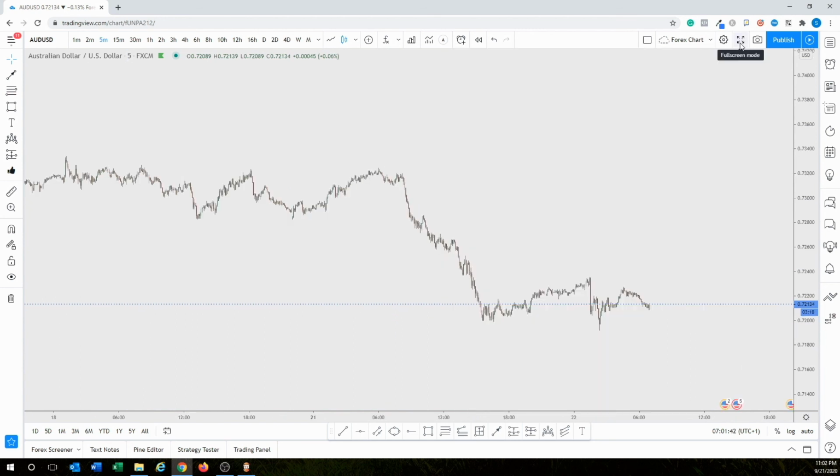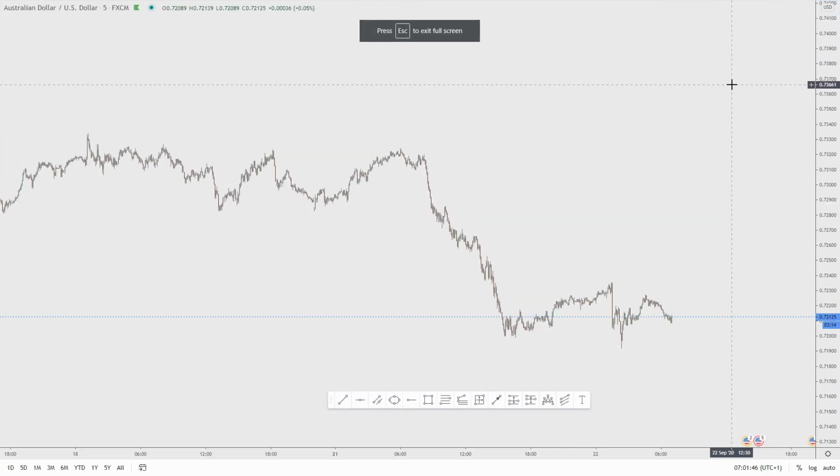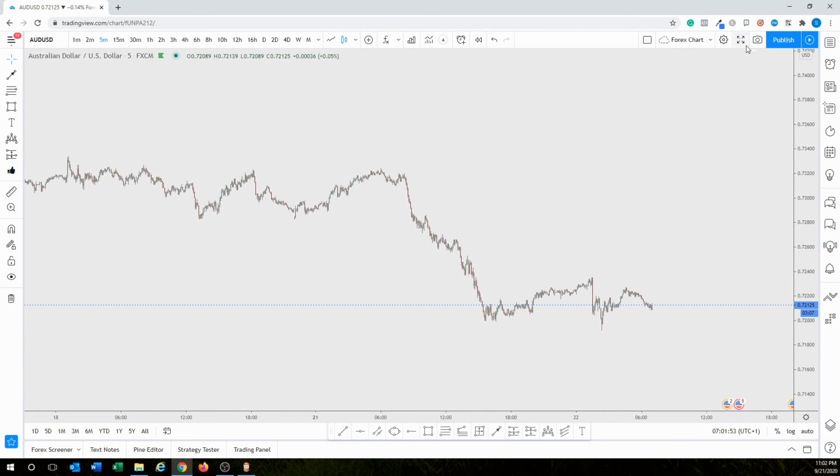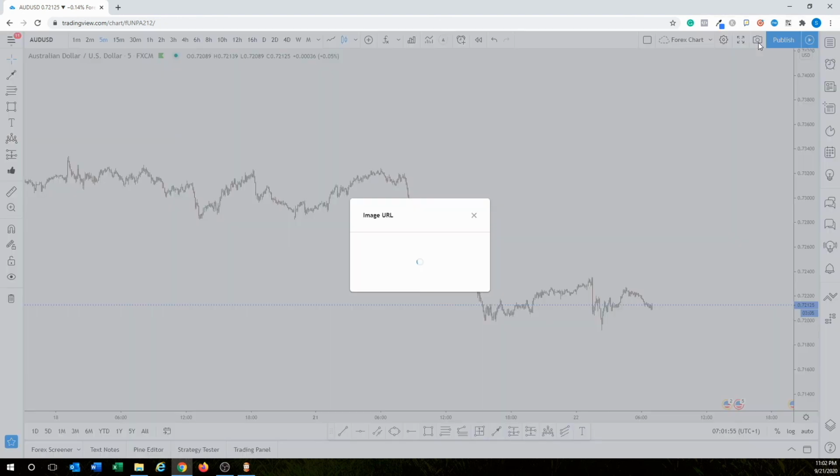Okay, so this other button up top right here is just a full screen button. You can obviously know what that is. You can hit escape and it'll exit that. This is a very important button here, the camera icon. When you click on it, it'll create a screenshot